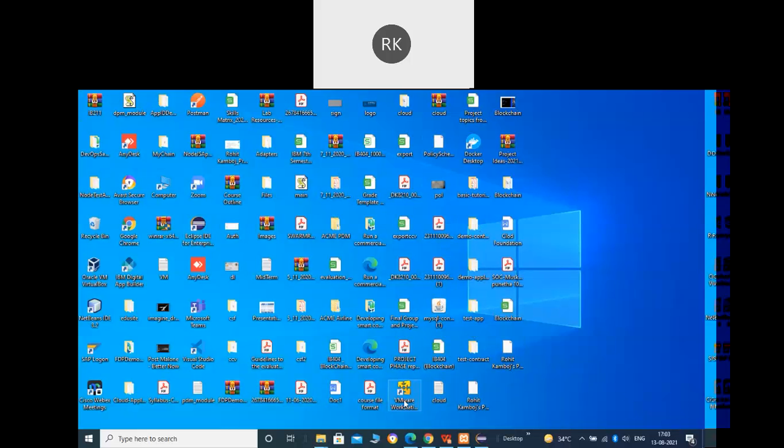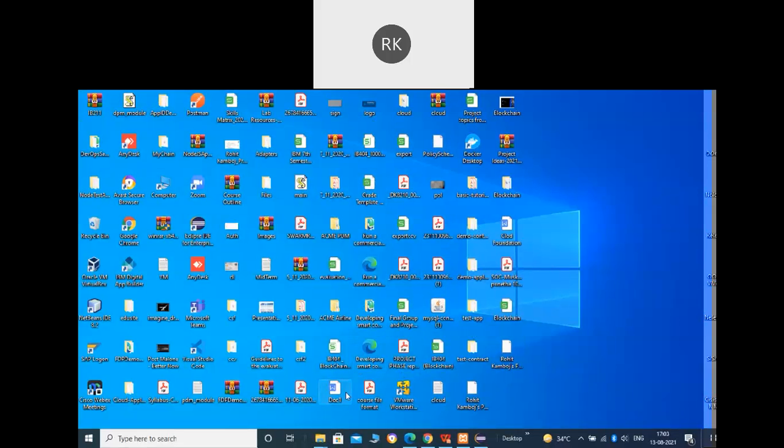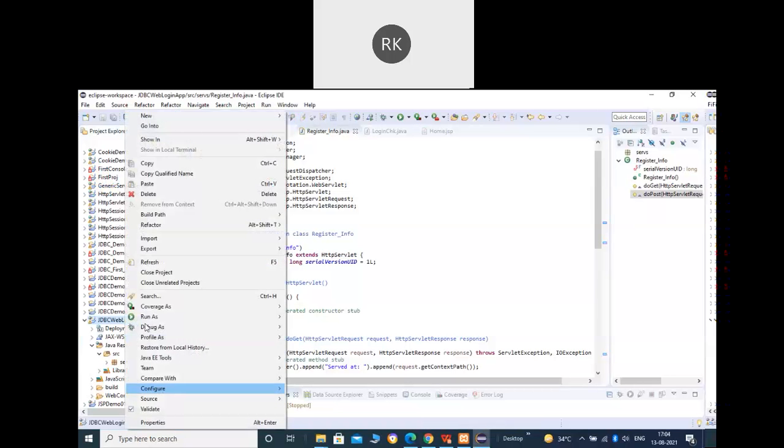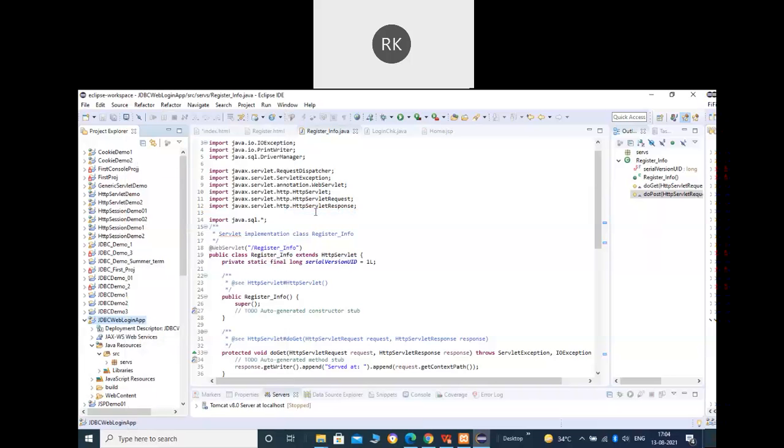I think I should already have that file here. Okay, it is not here for now. What was the name of the file? I forgot that. I think I must have that on the desktop.